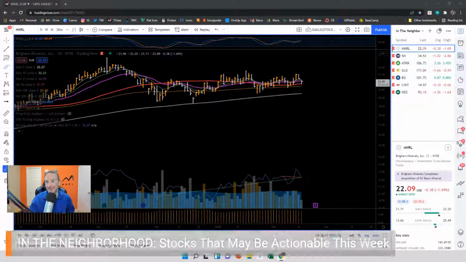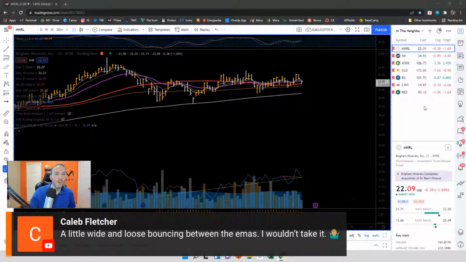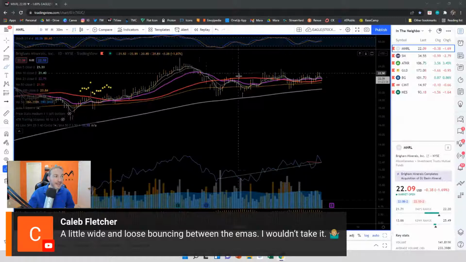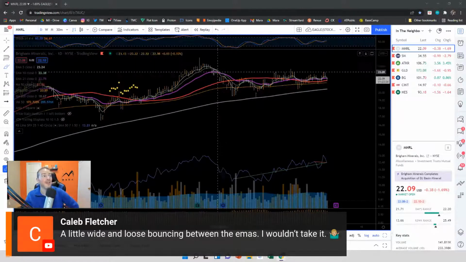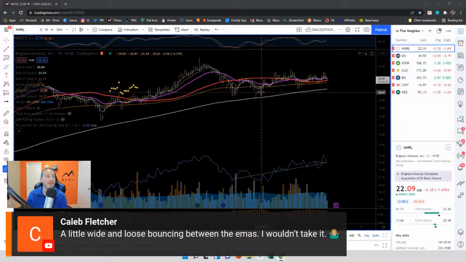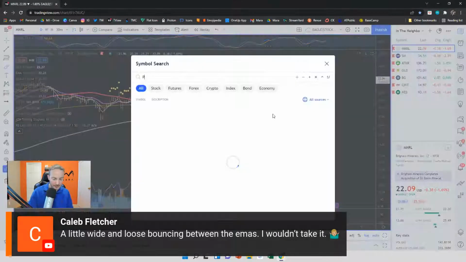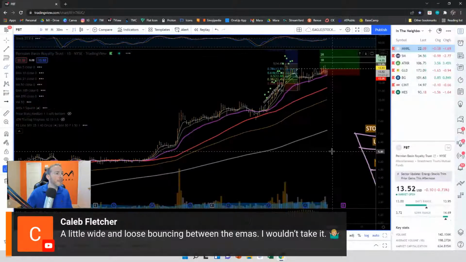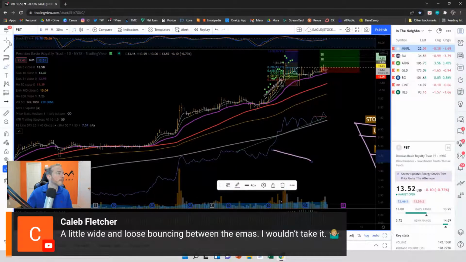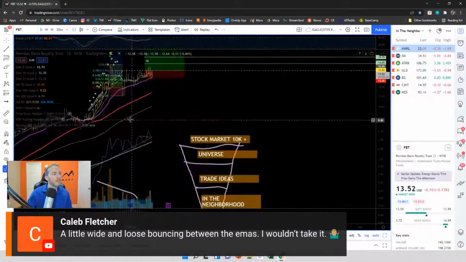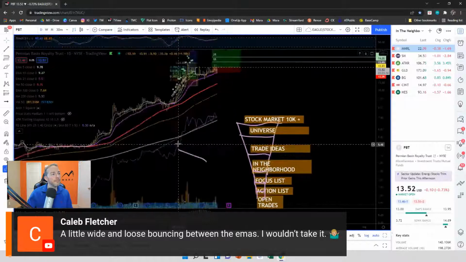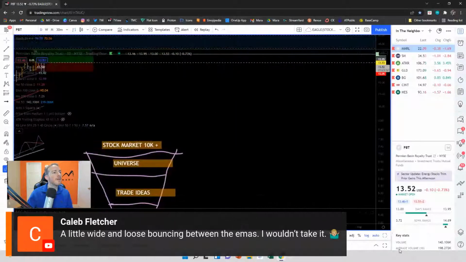Caleb has a pretty good answer. A little wide and loose, bouncing between the EMAs. Yeah, I wouldn't take it there either. It's tightening up a bit, right? And so that's why, was it on PBT that I did that little drawing? I think it was PBT. Yeah. So zoom in a bit and